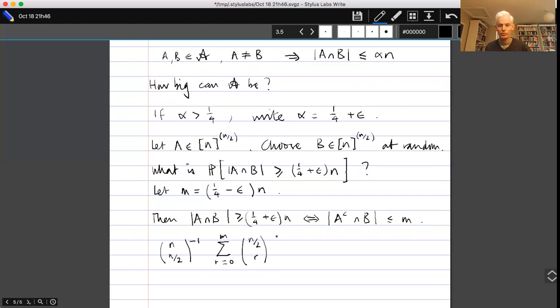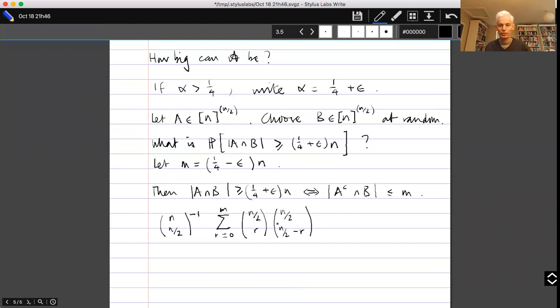And then the number of ways of intersecting A in whatever's left. And whatever's left is n over 2 minus r. So r of the elements intersect A complement, the remaining n over 2 minus r elements of B intersect A. And we're just interested in an upper bound. So I'm going to, using one of the estimates from last time, I shall give an upper bound for this